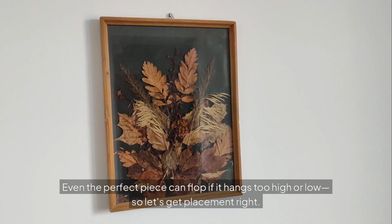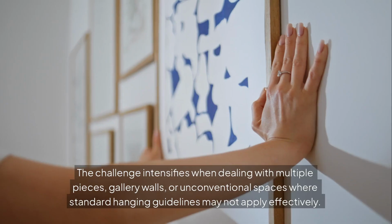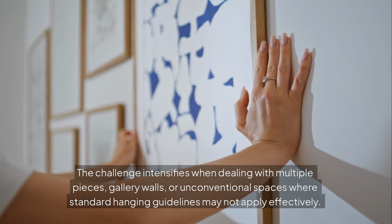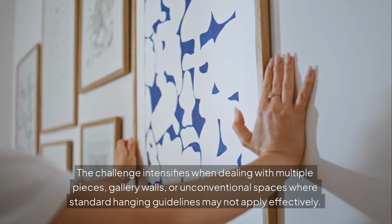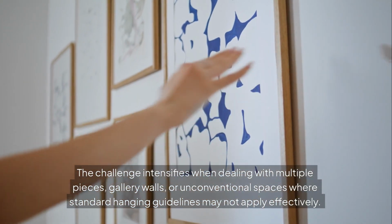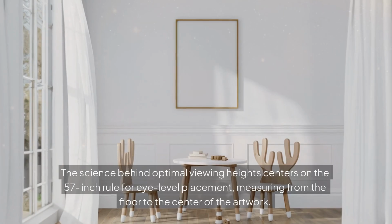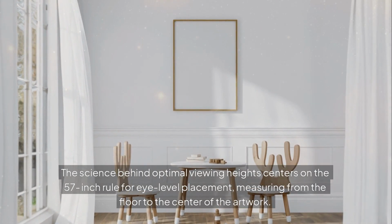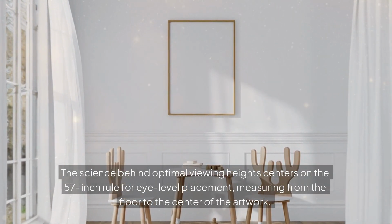Even the perfect piece can flop if it hangs too high or low, so let's get placement right. The challenge intensifies when dealing with multiple pieces, gallery walls, or unconventional spaces where standard hanging guidelines may not apply effectively. In a stairwell, keep centers at eye level on each landing. The science behind optimal viewing heights centers on the 57-inch rule for eye-level placement, measuring from the floor to the